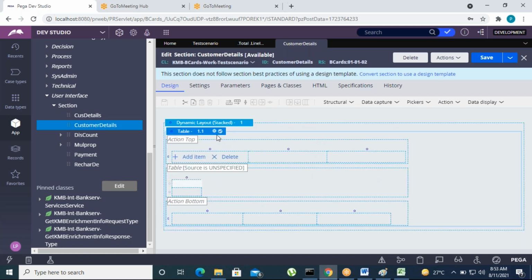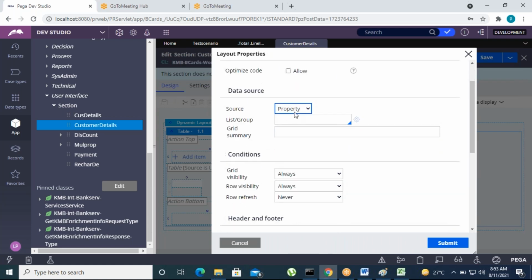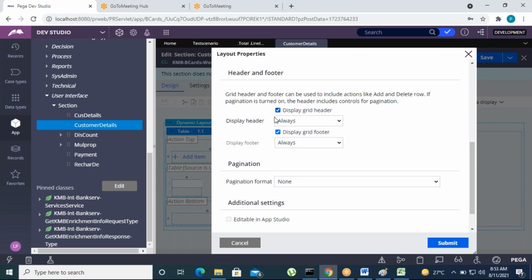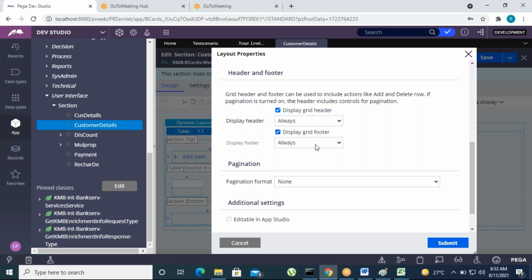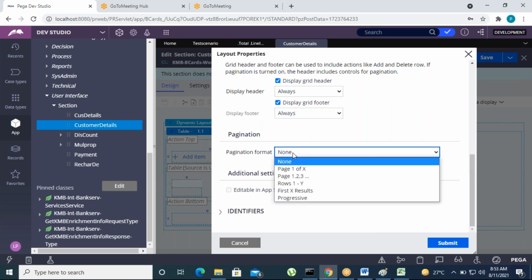Okay. In the tabular layout, we can call the page list property. The source is property. The property is dot page list line items. So for the remaining, you don't want header and footer, and then we can select it. If you want header and footer, we can check it once.